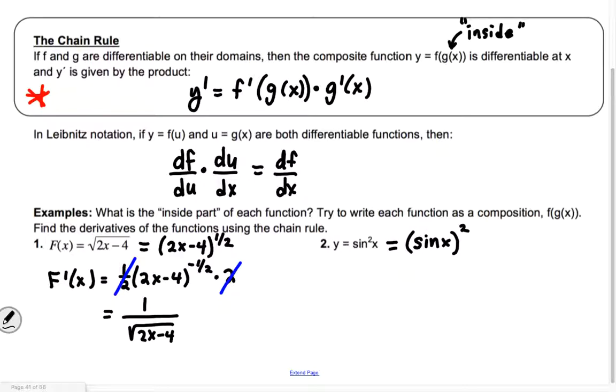Well, w squared, when I take the derivative, I'm going to have like 2w, right? So my y prime is going to be 2 times sine of x, and it's now to the first power. You don't have to write the first if you don't want to. But we need to tack on the chain. So what is the chain for this one? Cosine of x. It's the derivative of what was the inside part. Does that make sense? So we end up getting 2 sine of x cosine of x,